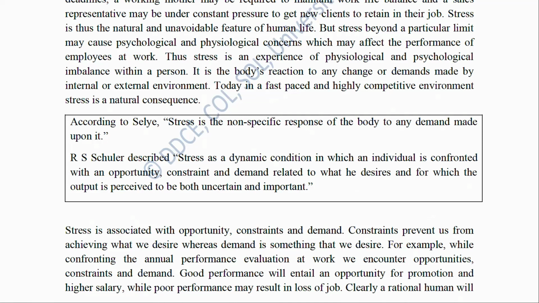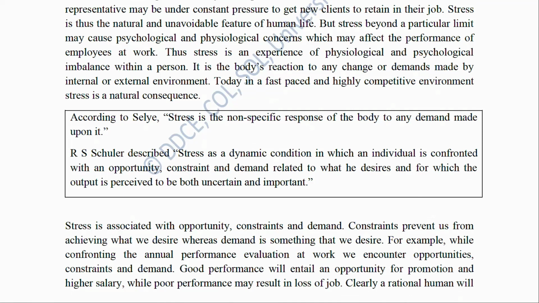R.S. Schuler described stress as a dynamic condition in which an individual is confronted with an opportunity, constraint, and demand related to what he desires and for which the output is perceived to be both uncertain and important. Stress is associated with opportunity, constraints, and demand. Constraints prevent us from achieving what we desire, whereas demand is something that we desire. For example,